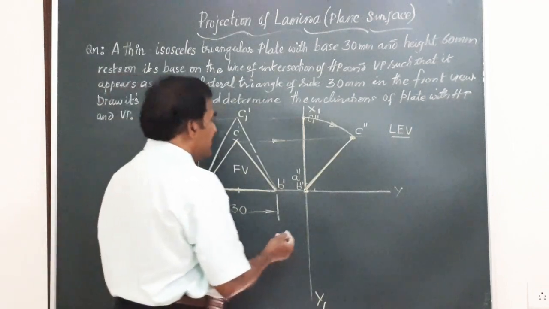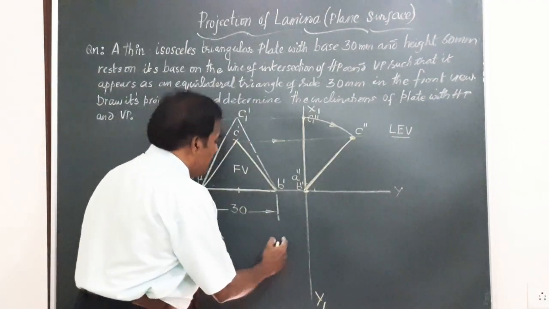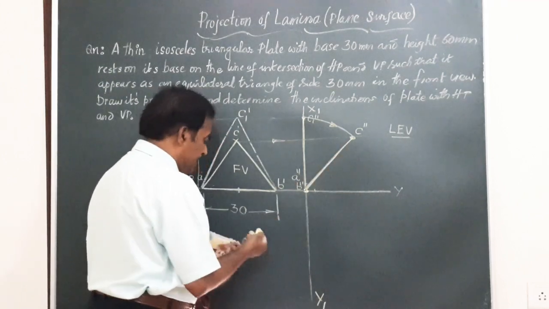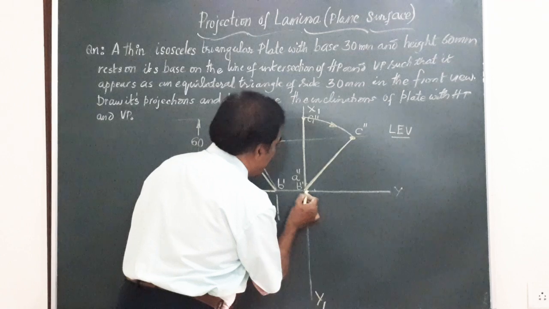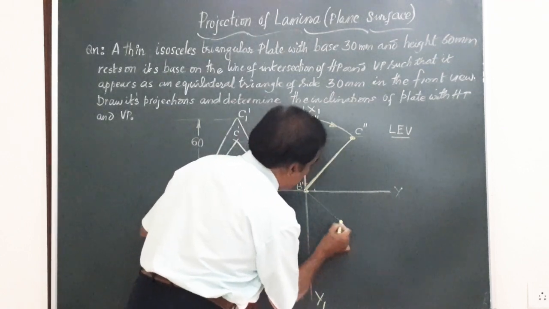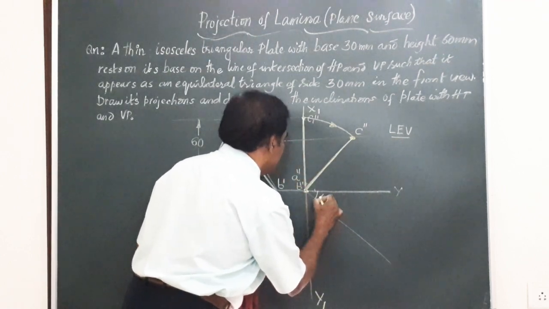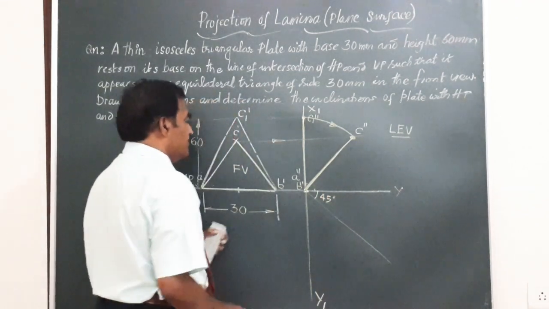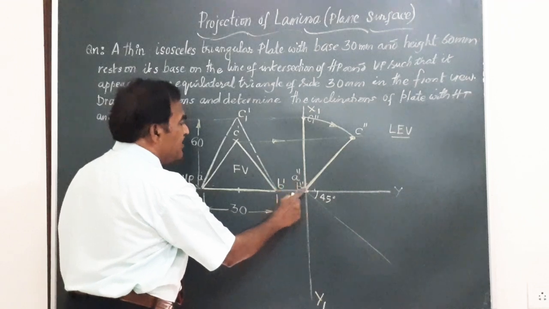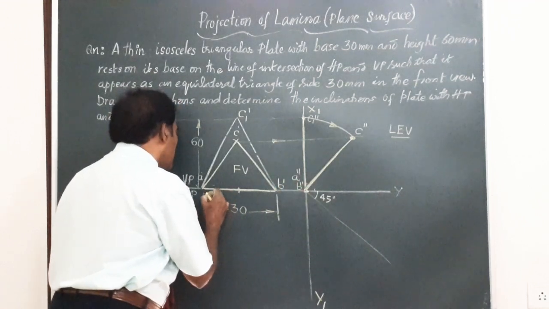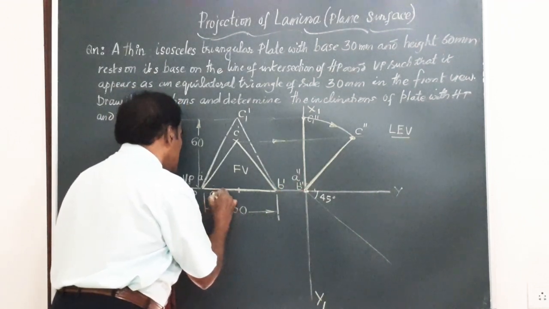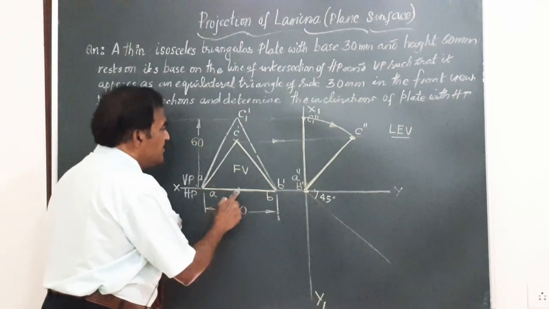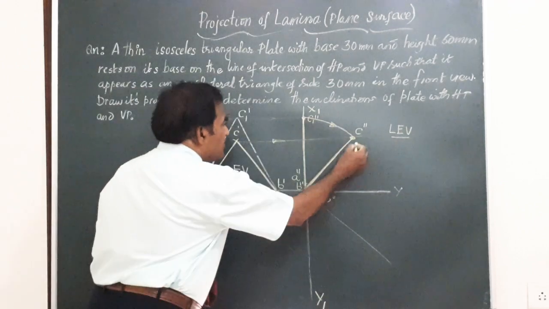How to obtain, my dear friends? You know the procedure. If you have the top view, you can get the side view. Similarly, if you have the side view, you can get the top view. So from here, I am going to draw a line at an angle of 45 degrees, and let me see how to get that. See friends, point A and B will be here itself. So this is our point A, I can show here, this is point A, this is point B in the top view, and the point C which was here will move down. See how to get that?